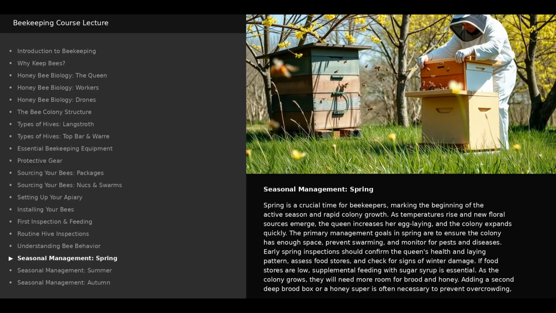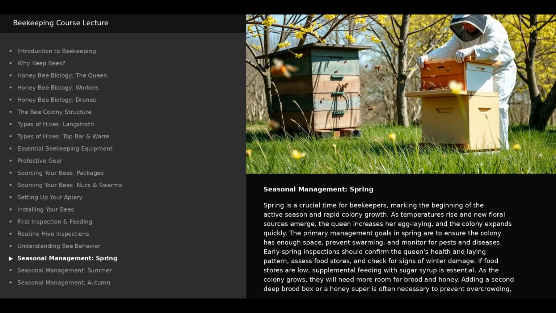Assess food stores and check for signs of winter damage. If food stores are low, supplemental feeding with sugar syrup is essential. As the colony grows, they will need more room for brood and honey. Adding a second deep brood box or a honey super is often necessary to prevent overcrowding, which is a major